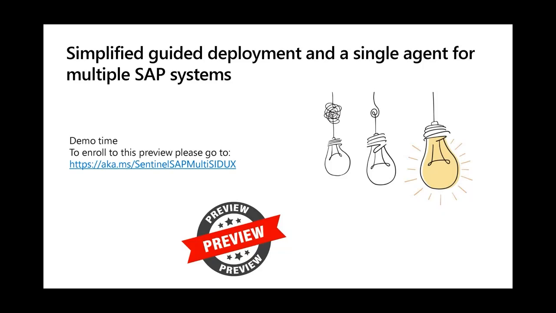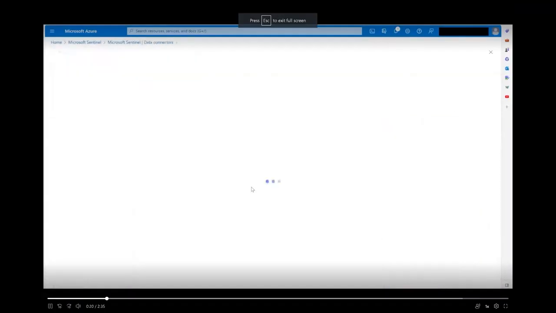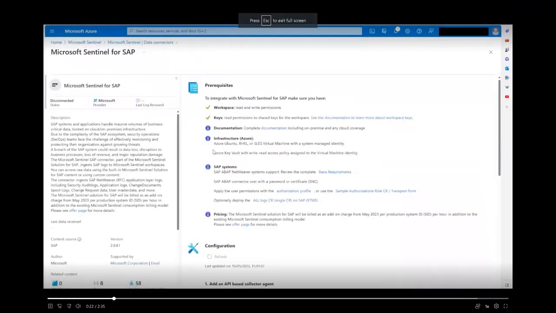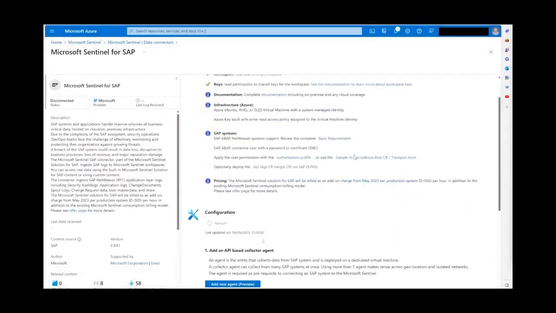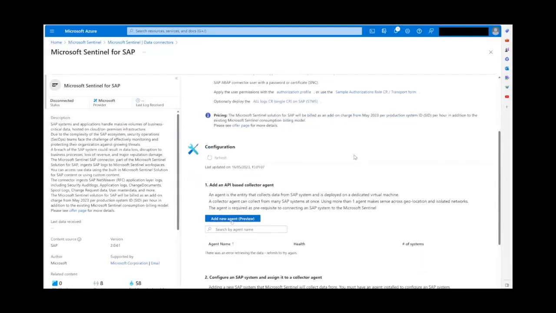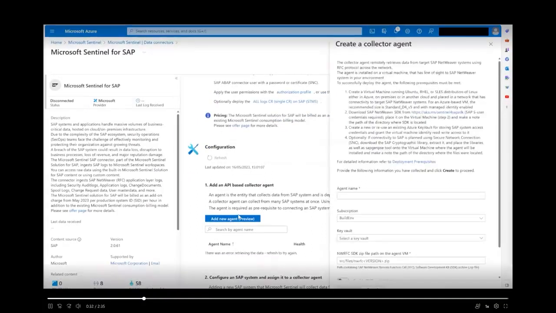So let me show you a little bit of how it works. Now we have this concept of an agent. What you need to do is get into the connector page, and this is not available yet. This will be available to you upon registration, and we will accommodate requests. You need to add a new agent, and this will give you the instructions of what you need to do in order to add the new agent. You do need to